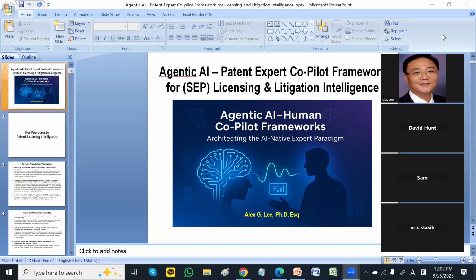Today we are going to discuss agentic AI and the patent expert copilot framework, especially focused on licensing and litigation intelligence. We have two topics. We focus on patents in general, and we are going to focus separately on standard essential patents, which are a specific type of patent that needs some additional specialties for licensing and litigation. So we have two topics for each, and then we're going to talk about